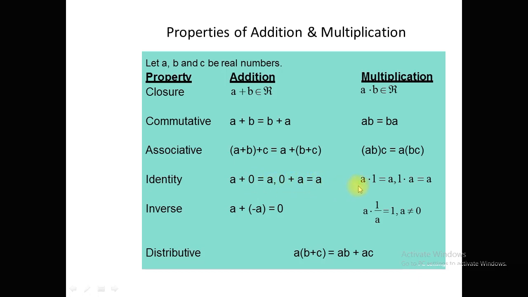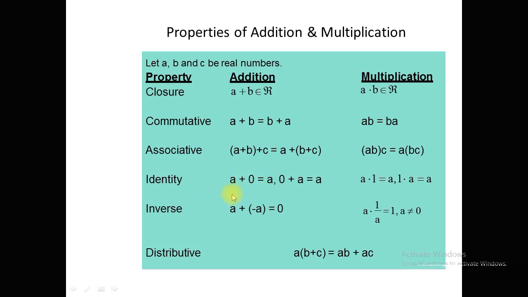And similarly, real numbers have a multiplicative identity. Multiplicative identity means that for any real number a there exists a number, which is 1, such that a dot 1 is equal to a, and 1 dot a is equal to a. So for any real number a there exists a number, for example x, such that a dot x is equal to a and x dot a is equal to a. So in real numbers, 1 is the multiplicative identity, and 0 is the additive identity.